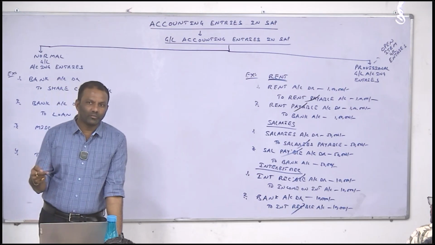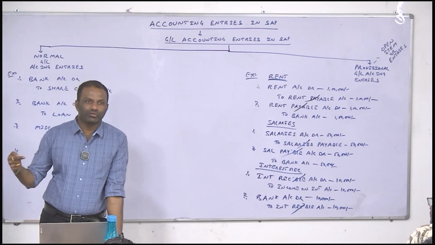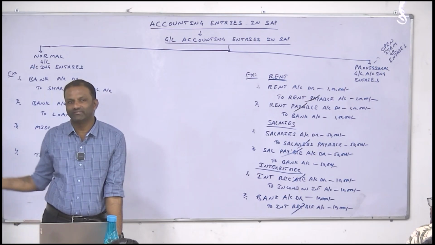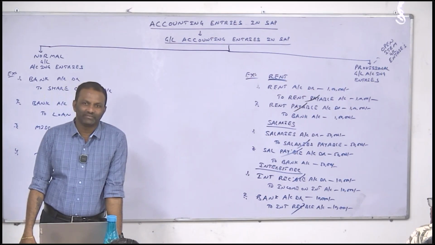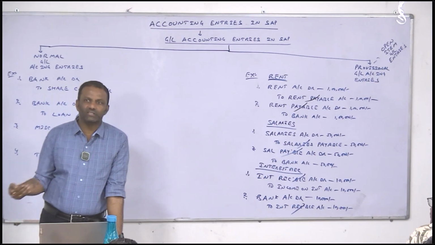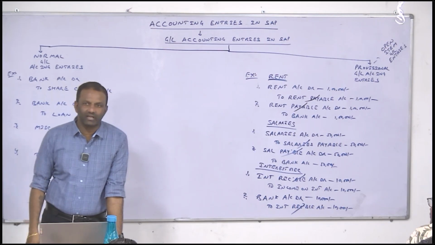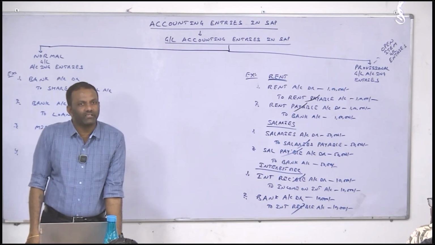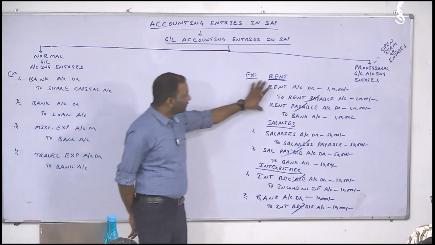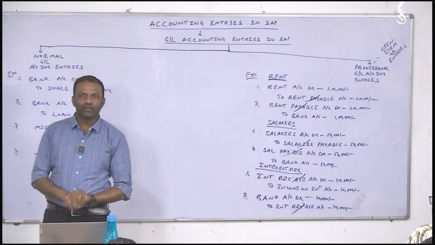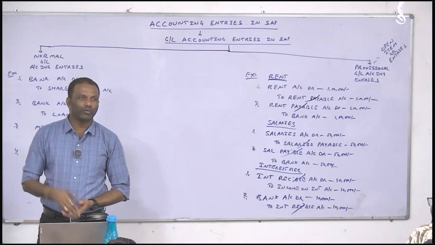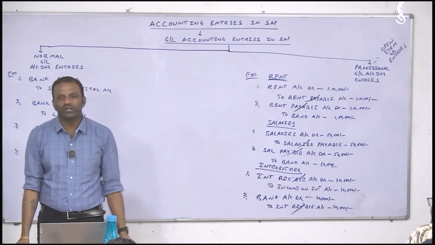You are commerce background people. Your education is from commerce. You are going to work on finance, accounts and costing. If you don't have a grip on accounting entries, who will? Right or wrong? You already studied all these things for the last 5 to 7 years. At least you know 70 to 80%, right or wrong? But still, after 1 or 2 months, if I ask, for example, what is the accounting entry for the rent payable account, you should give these two answers. If any user wants to pay rent payable, he first should post to the rent account and rent payable account. Then whenever he pays the amount, rent payable account is debited and bank is credited. But we don't get any answer.